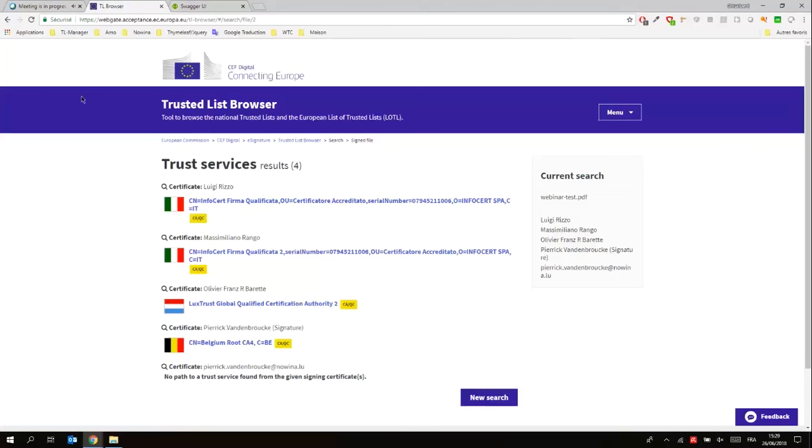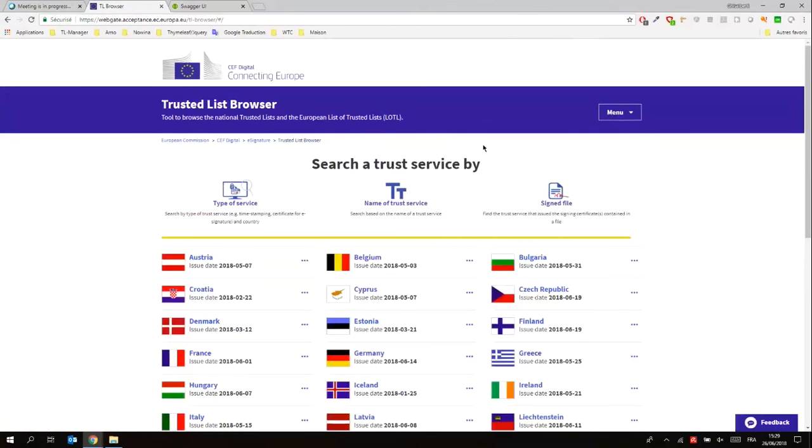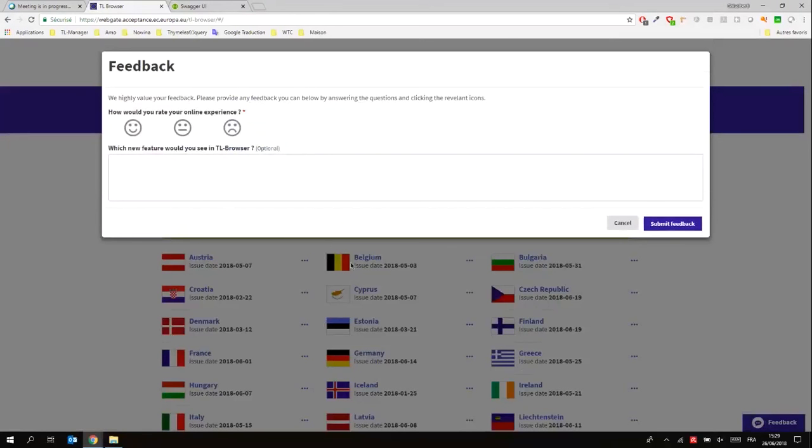And lastly, we implemented in almost every page a small feedback icon. We try to make it as light and easy as possible, but we are really keen to know what people think, what you think, but also what anyone using TL Browser thinks about it.